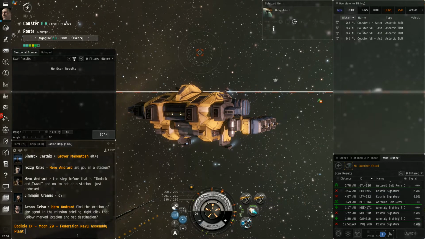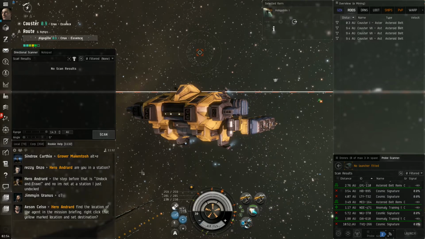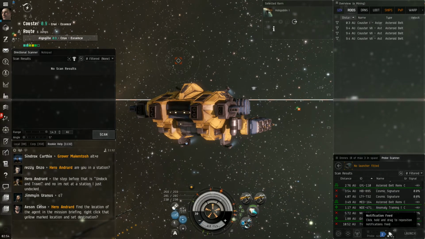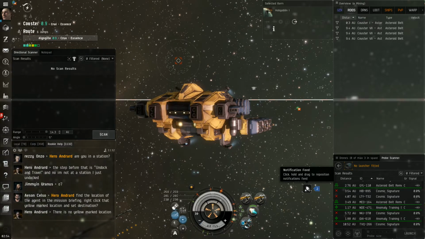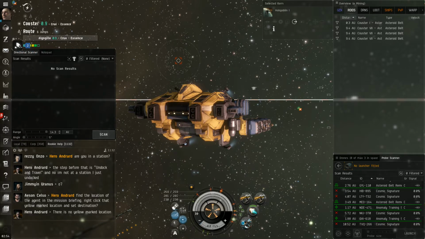Okay, so we're nearing the end, and I want to go over a couple of more things. The first one being this little notifications icon right here. If you left click and hold for about a half a second, you'll see it swell up, and then you can move it. And I like to keep mine right here in this corner,